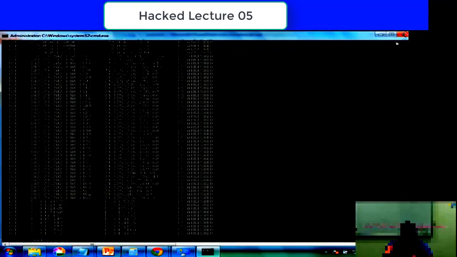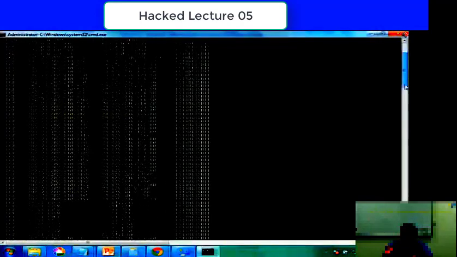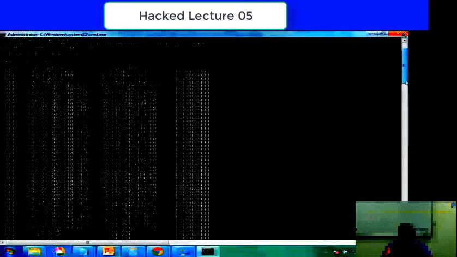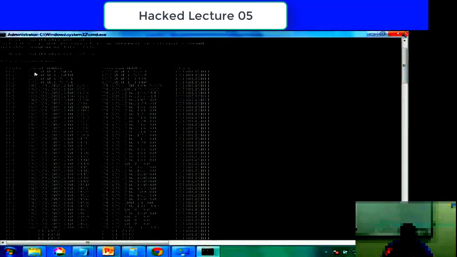So if you're using a newer version of Windows, then this may not even be part of your Windows. Even on my computer, the netstat -n command did not work the first couple of times for some reason, but now it has shown me an output. If you analyze the output, there are 4 columns. You can ignore the first column. The second column shows your computer's IP address. So if you ever want to find out your computer's IP address, you can just type netstat -n, and you will notice that the IP address